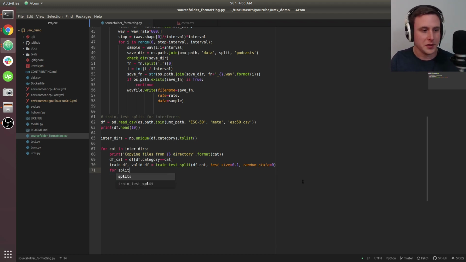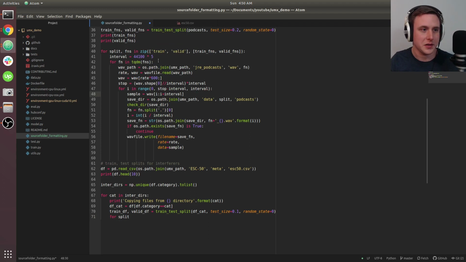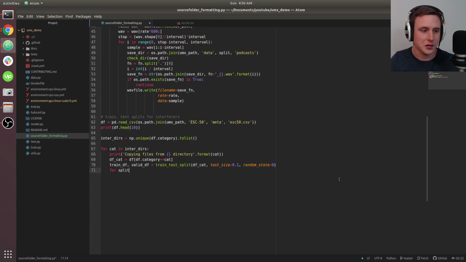So now I think it's actually the exact same. It's close. So for split and split data frame, we're going to be iterating a string, and then we're going to need our data frames that we just created. So it's going to be train data frame, valid data frame. Let's create a directory path. So the directory path is going to be equal to